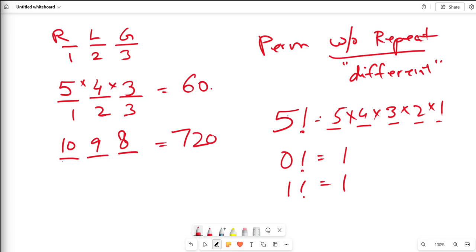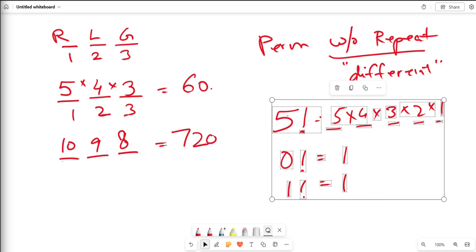And for any other number, it's going to be that number times n minus 1 times n minus 2 times n minus 3 all the way down to 1. So that's what a factorial means. So now that you understand what this factorial means, let's actually take the